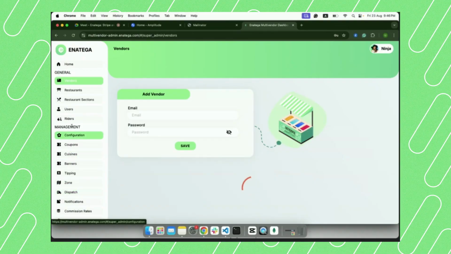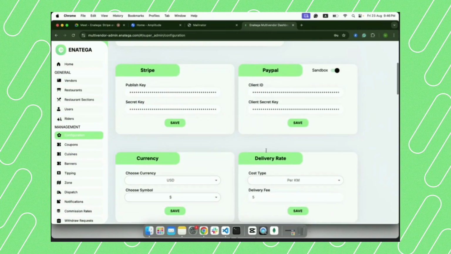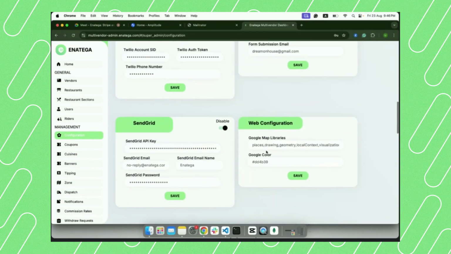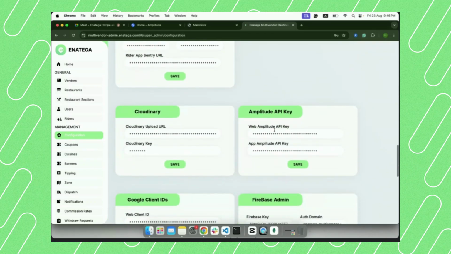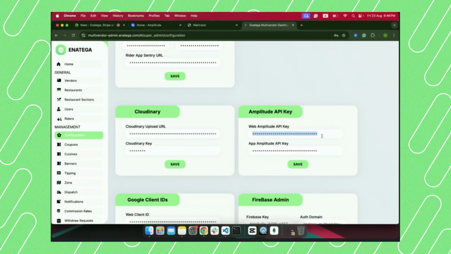Go back to the configurations and scroll down a little bit, and then you should see the amplitude section, and this is where you have to put it. So this is for the web. Just delete this one and paste the web key. Just click on the save,